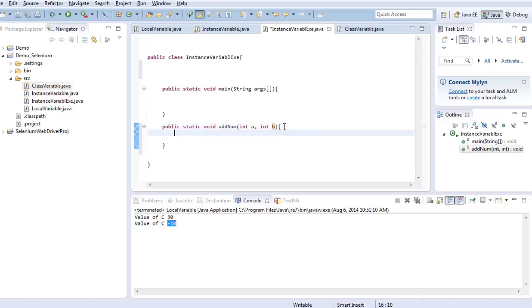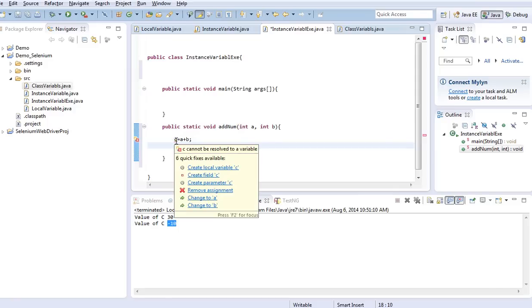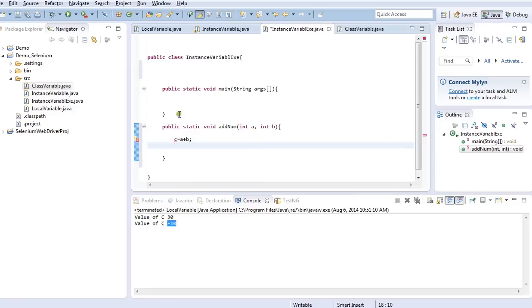So inside my class, in my method add num, I will say c equals a plus b. Here we don't need to define a and b again because we are passing them as arguments, but we need to define what c is. So I will make this an instance variable, int c, defined outside the method.